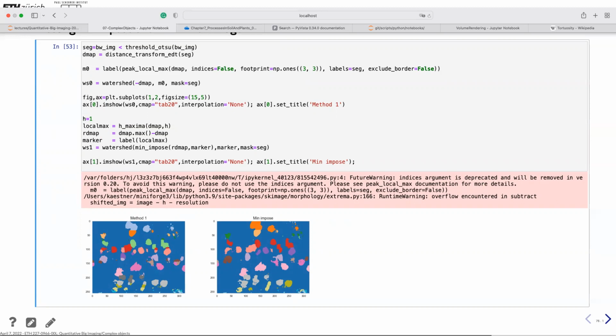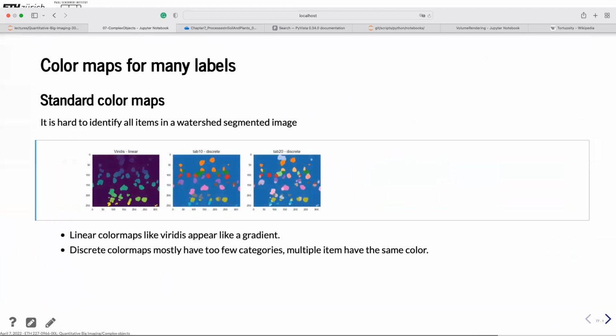So here is one example down here. You have some examples down here where you can see that this one was nicely separated and you have two big grains. This one is now classified as a single, as it wasn't here. So it actually performs better, but the problem now is actually the color map. Because when we look at this,